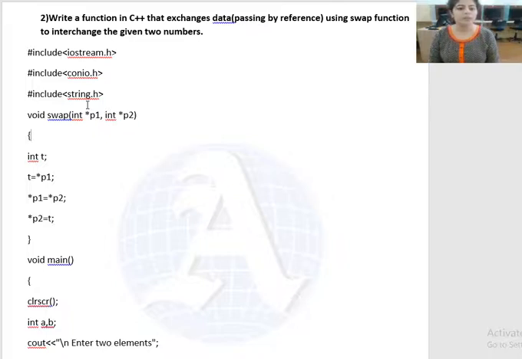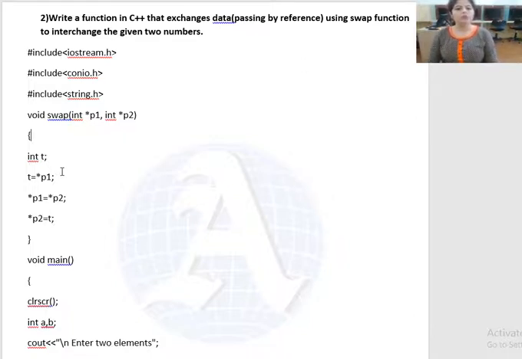Star p1 is the pointer variable p1, and star p2 is the pointer variable p2. This is the function definition, and you know that a function definition always ends without a semicolon. Do not put a semicolon at the end of this statement.